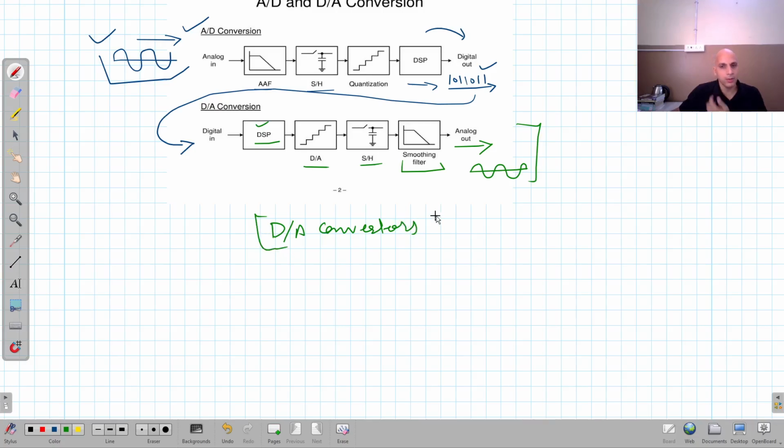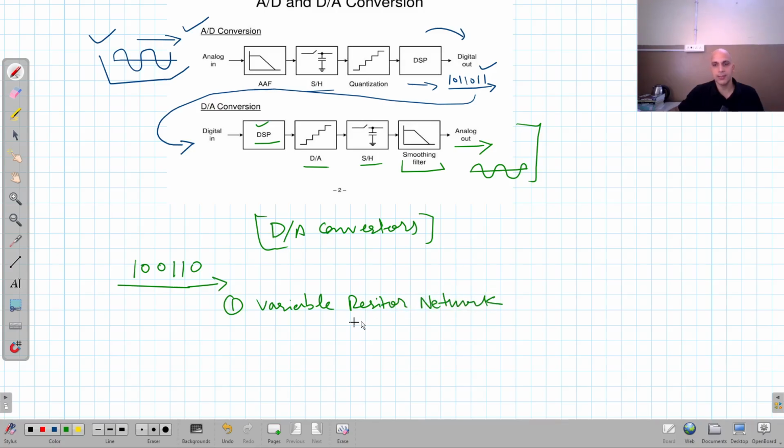Now D to A converters means if we have information in the digital format, for example 1 0 0 1 1 0 like that, then we have to convert it into the corresponding analog format. To do so, two types of circuits are used. The first is a variable resistor network,